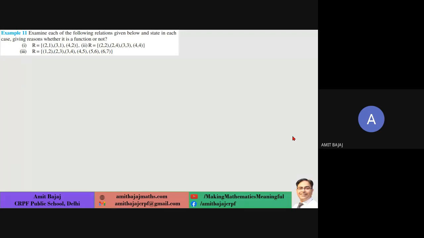Examine each of the following relations and state, giving the reason, whether it is a function or not. तो आप चेक करिए फर्स्ट पार्ट. The easiest way would be the use of arrow diagram, right? So first entry 2 3 4, second entry 1 1 2 है, तो रिपीटिशन एक ही बार लिखेंगे. तो कितना हो गया? 2 with 1, 3 with 1 and 4 with 2. So check it out. अब बताइए based on your understanding फंक्शन है या नहीं है?